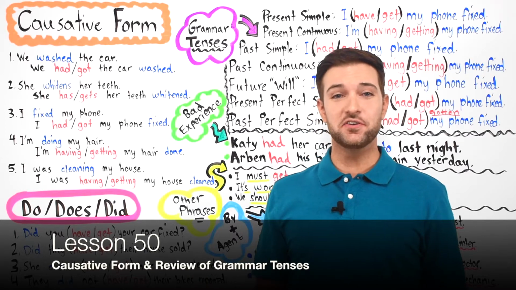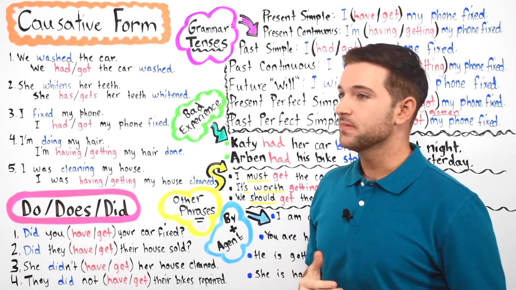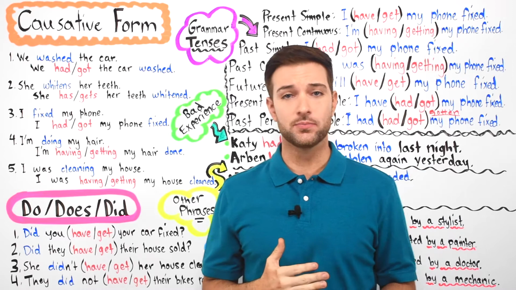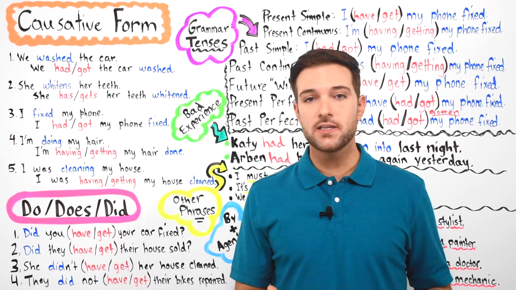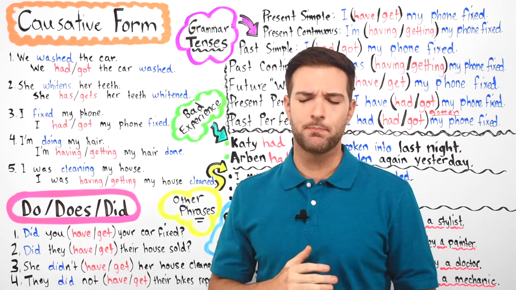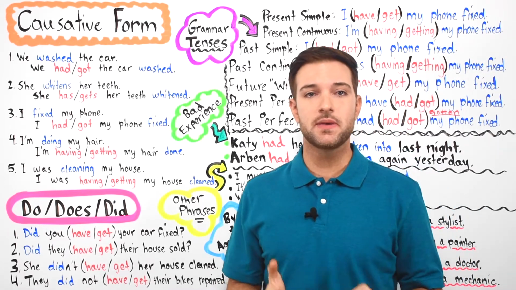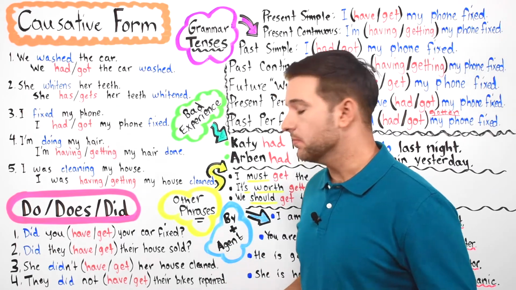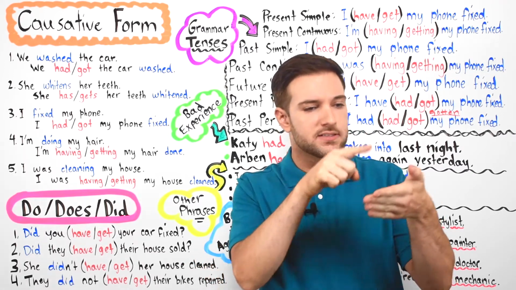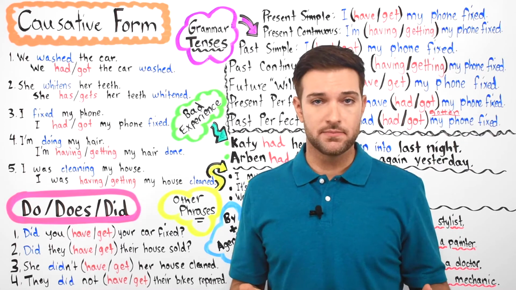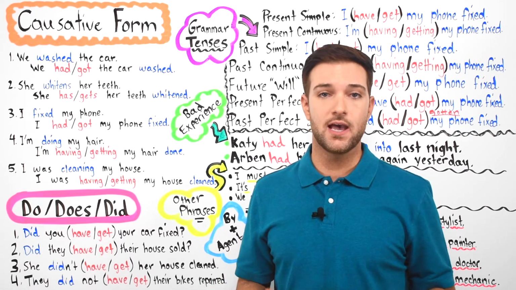And guys, I've got to tell you, we've learned so many things throughout this course. After this lesson, lesson number 50, you will have basically learned all the major grammar points in the English language. Now, it's very important that you always keep practicing and reading on your own so that you can master the English language perfectly. In English, we have an expression: practice makes perfect, meaning that the more you keep practicing, reading your books and practicing your vocabulary words, the better you're going to get at something. In this case, you want to learn English. So practice makes perfect.